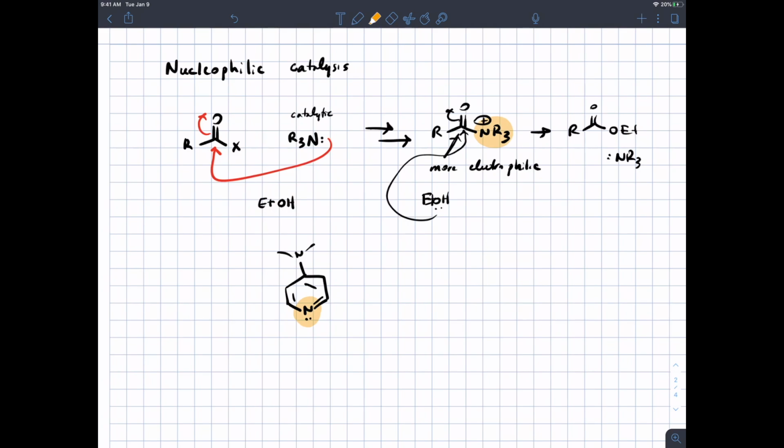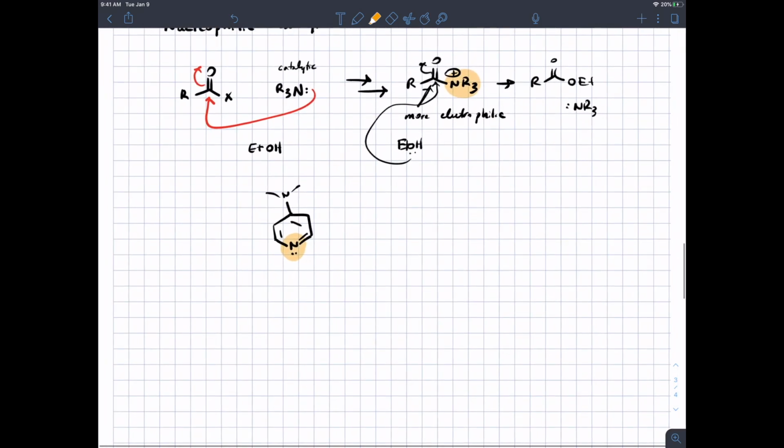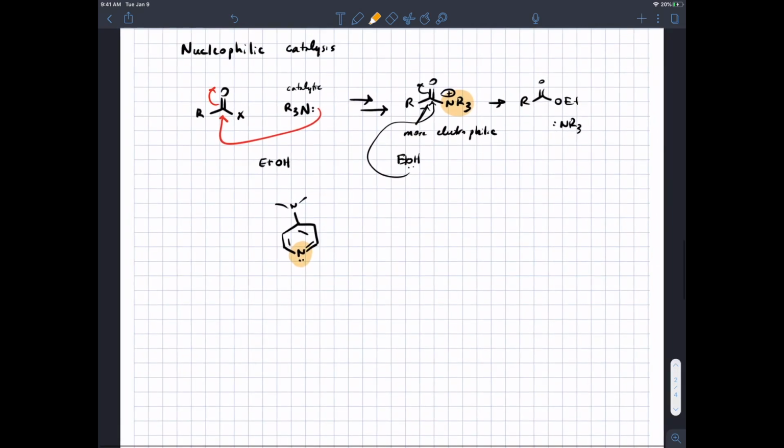So if that were bonded to a carbonyl carbon, again, it would be positively charged. Four bonds to nitrogen. Very good leaving group, and that can help with the next step that needs to happen. All right. Another one that I didn't know about for nucleophilic catalysis is you can actually use